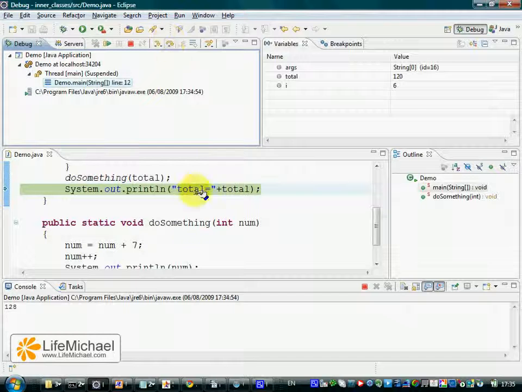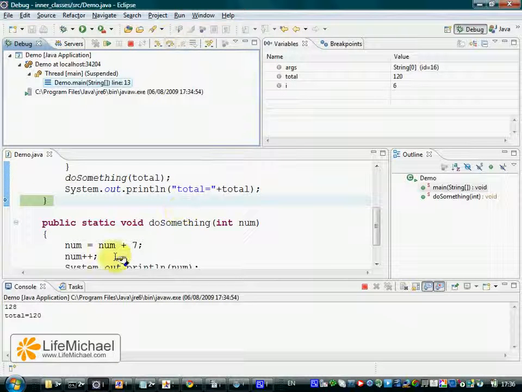Step over, and here we reach the last code of our application, and you can see the output here in the console view. Here you can see a representation for each one of the threads you have